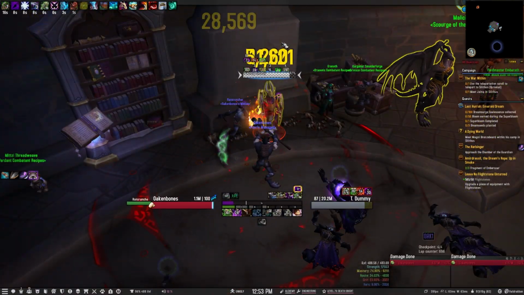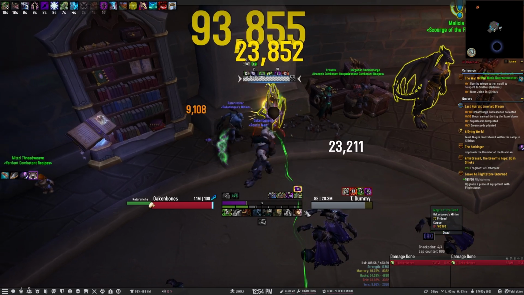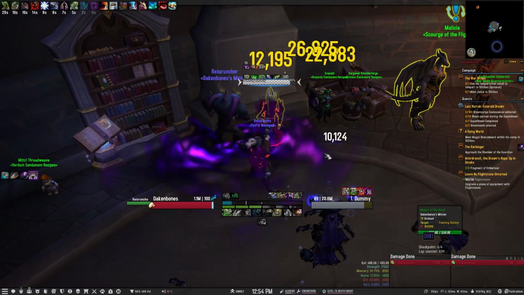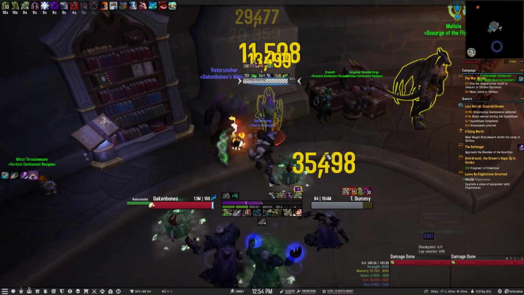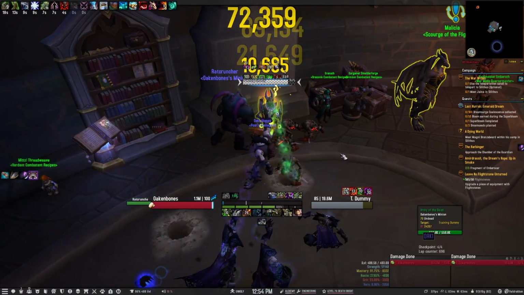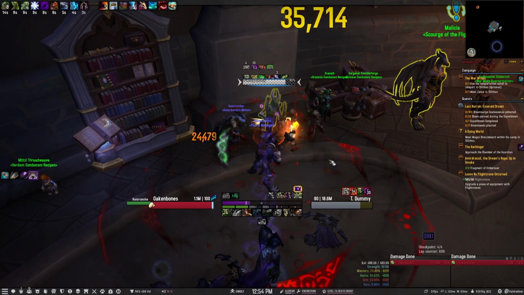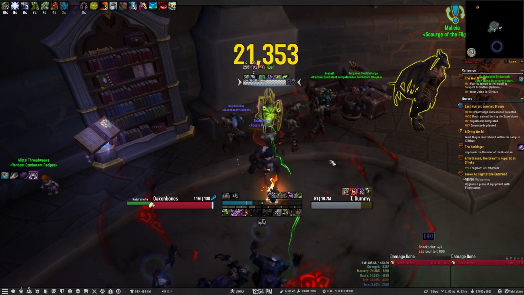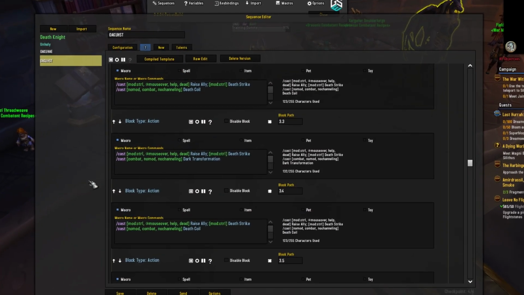So watching this rotation, it seems to be doing everything that it's supposed to be doing. I don't have Unholy Assault in my sequence, so we'll have to put that in there. We'll put that in both sequences, just in case someone is using that talent in the AoE version. So let's go GSE, sequences, single target,